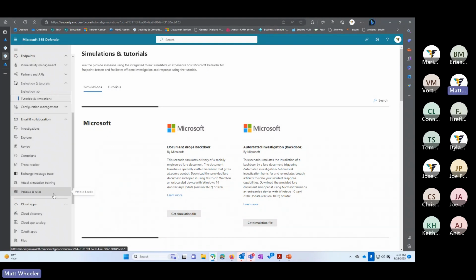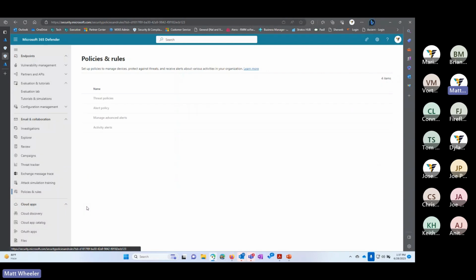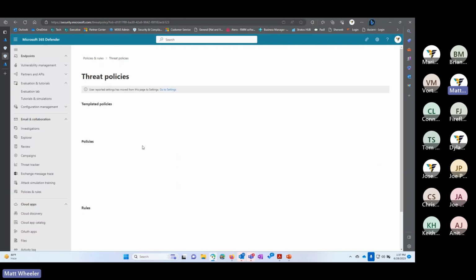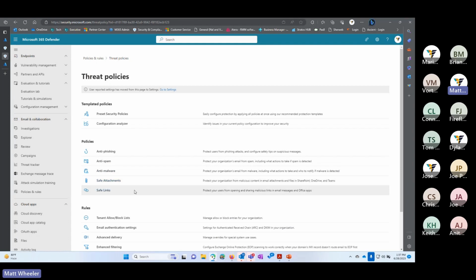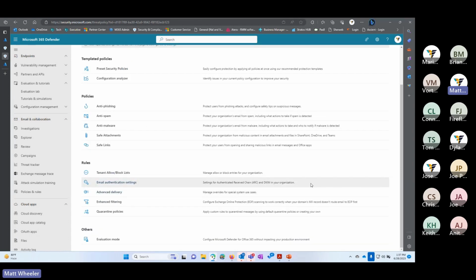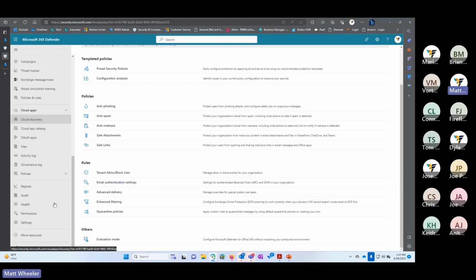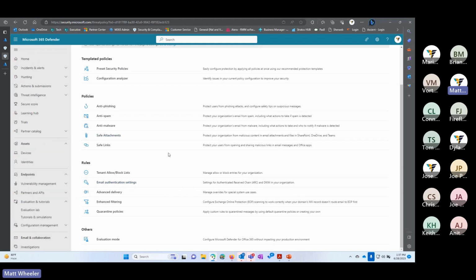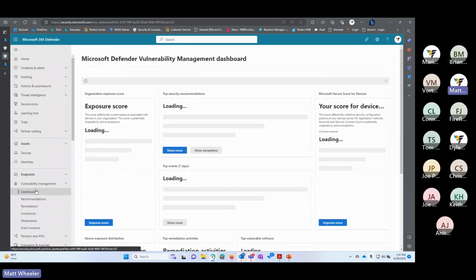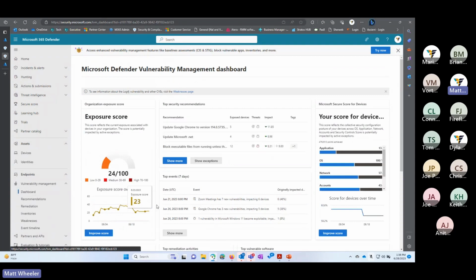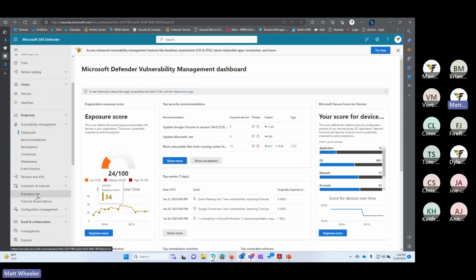All right. I'll just show you guys a couple other things. Policies and rules. This is where you would go to configure your threat policies for anti-malware, anti-spam, anti-phishing, safe links. This is where you can create your email rules to prove you are who you are. And all of this is a part of the Defender suite. So with the Defender for Office 365, you gain access to these things. And it really helps you not just secure your network, but know that our email will be delivered to our recipients and not go into malware, because I know that, for example, we have DKIM enabled and we have DMARC enabled, and all of this can be seen from the Defender portal.